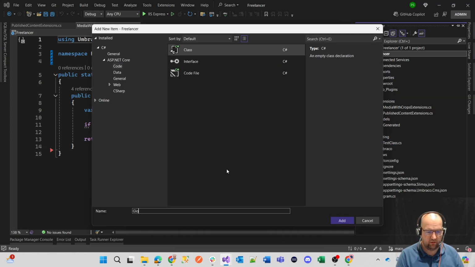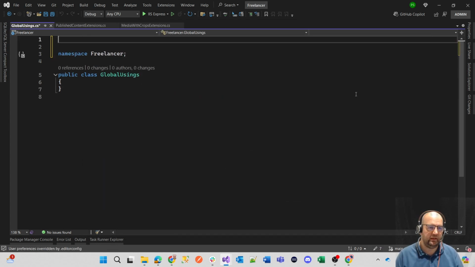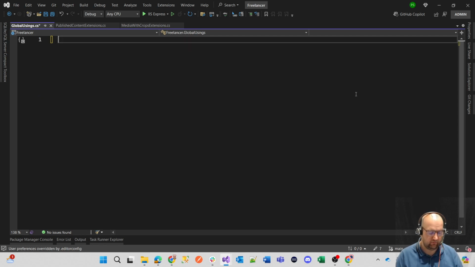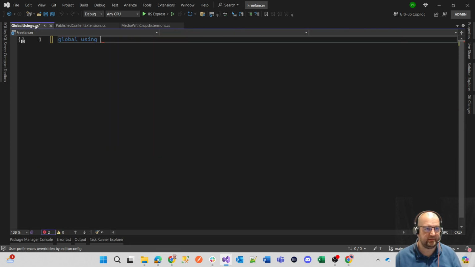And then we'll do global usings. So we're just going to call it global usings. And then in here, we're just going to delete all that and we're just going to do global using, and then those files that we've got here, as an example, if there's a reason we think we'll always need that,